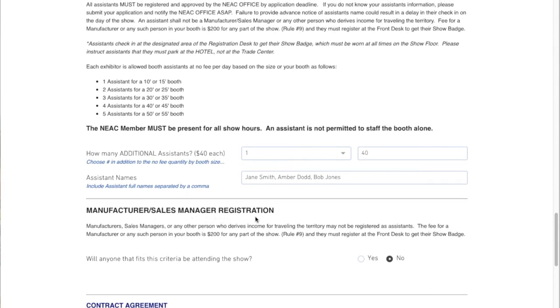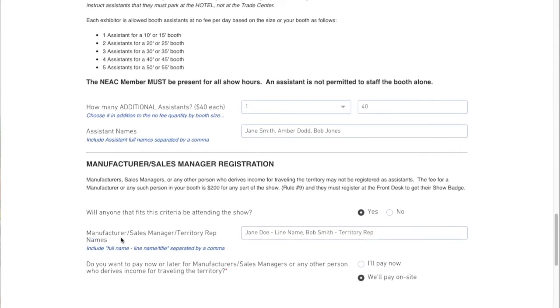Manufacturer sales manager registration. Will anyone that fits this criteria be attending the show? I'm going to say yes. Manufacturer, sales manager, or territory rep name: include full name, dash, line name, slash, title, separated by a comma. So for our purposes, I'm going to just say I have somebody representing both companies that's going to be there. I'll say Alan Jeeves, and he is from Semi Precious Jewels, and he's a territory rep,